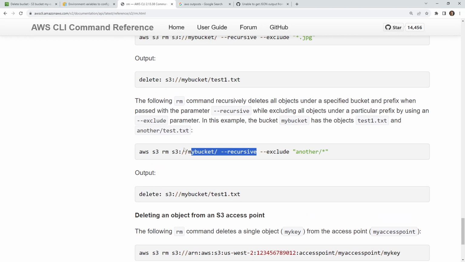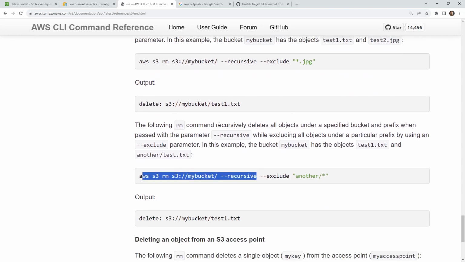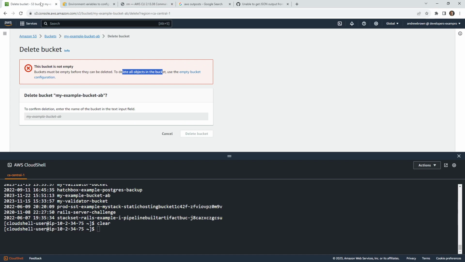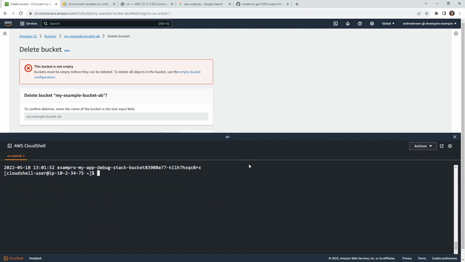here we can just say recursive. It'll delete basically the entire contents of the bucket, or it should. The following remove command recursively deletes all objects under a specified bucket and prefix. So if we provide nothing, it should go under everything. Prefixes don't matter, so if we do delete that one file, we can remove the bucket, but let's go ahead and actually try to delete the bucket first before we remove the file